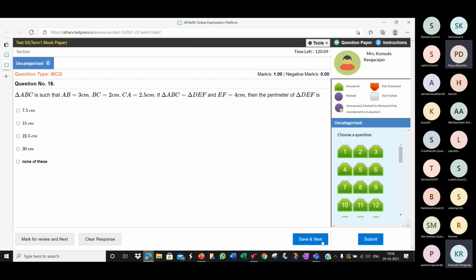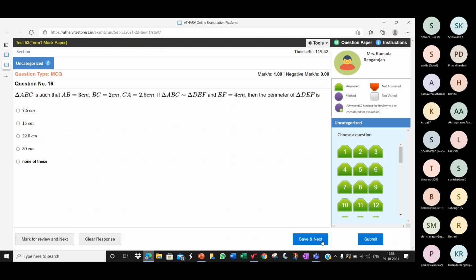Correct. Then AB is 3, ma'am. Then DE is 6, ma'am. Then their proportion is also 1/2. Then AC is 2.5, DF is 5, ma'am. The proportion is also 1/2. Fine. So you found the sides of DEF using the ratio 1:2.